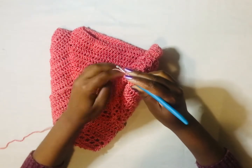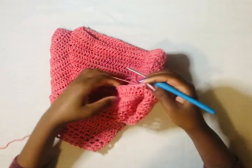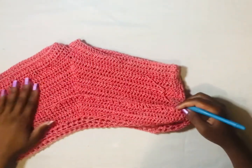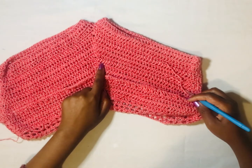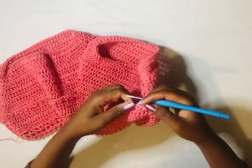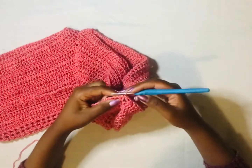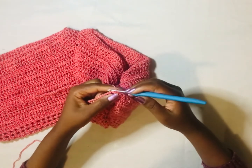The 3rd stitch on the chain 3. If you have done a large or extra large, you need to do 2 more rows, or 1 more row of this V stitch. Just do 1 more row so that it fills up. Okay, then slip stitch into the next stitch,